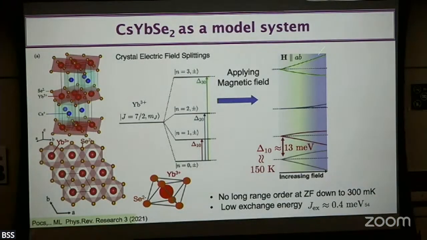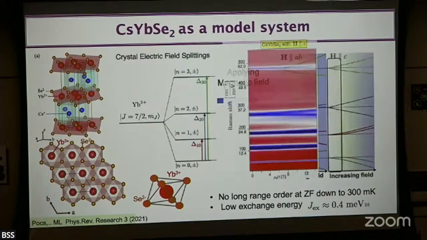This splitting is quite interesting and makes the rare earth magnet an interesting system, because if you go below this first excited gap, it acts as an effective spin-half system. When we search for quantum spin liquid candidate materials, the problem is that it is very hard to find a material with spin half, but these are pseudo-spin-half.